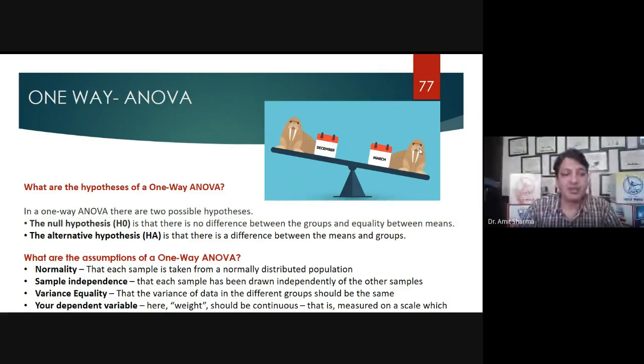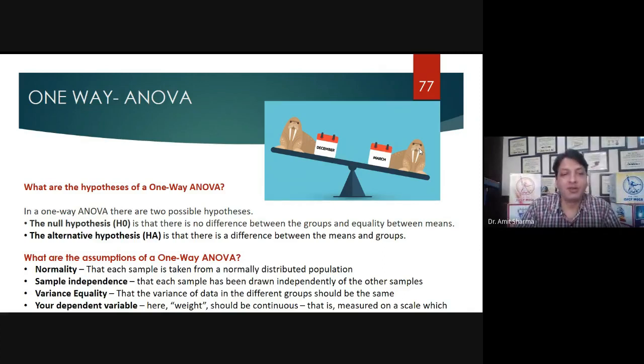So what are the assumptions? You can apply ANOVA only if the numerical variable which you are going to take, for example, I'm going to take the blood glucose level as a dependent variable, is normally distributed. You have to apply a normality test before applying the ANOVA and see whether the distribution is normal or not. If the distribution is normal, you can go for ANOVA. Otherwise you have to take the alternative of ANOVA, that is the Kruskal-Wallis test, which we will take in the further classes.